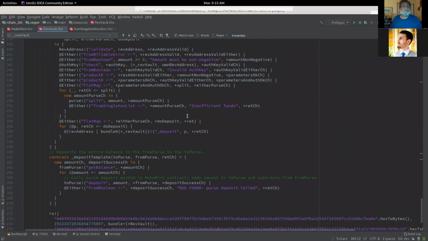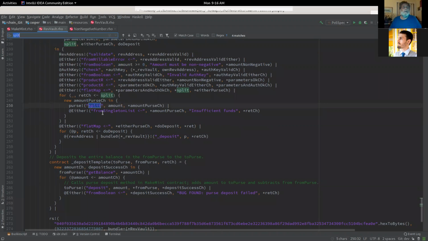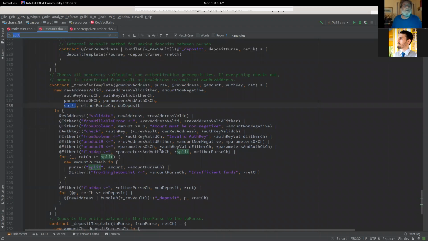Just trying to remember where this stuff happens. Yeah, so we did this per split. Okay, maybe I should look at this. Maybe let's see if we got split elsewhere in here. 4 matches, that sounds good. But there's all of them.